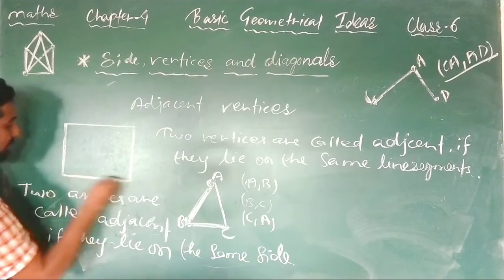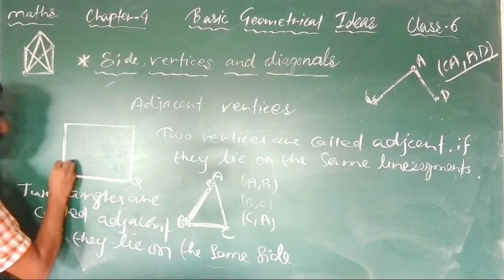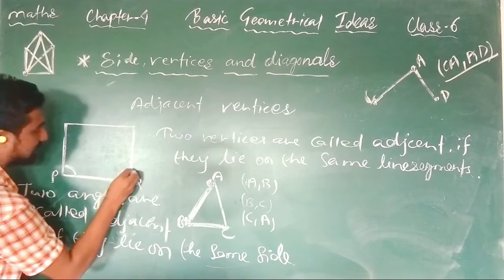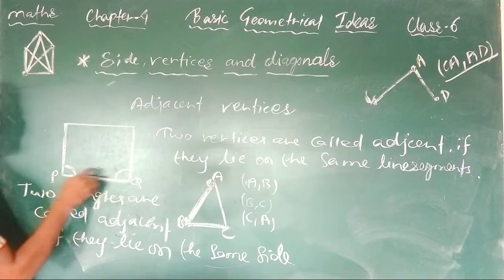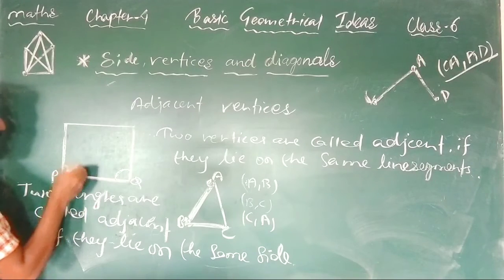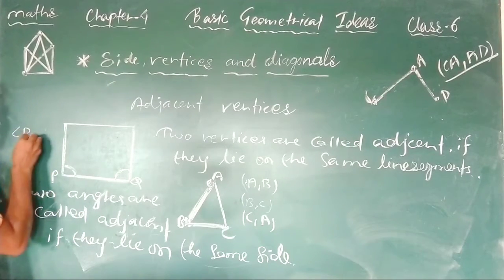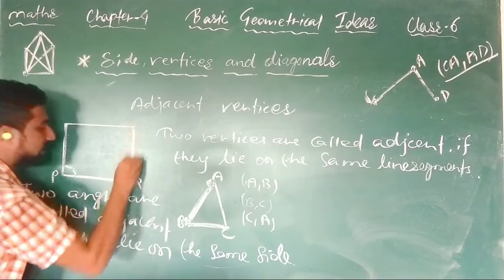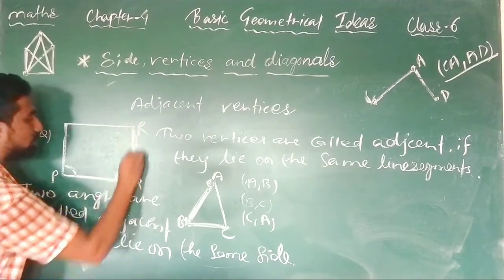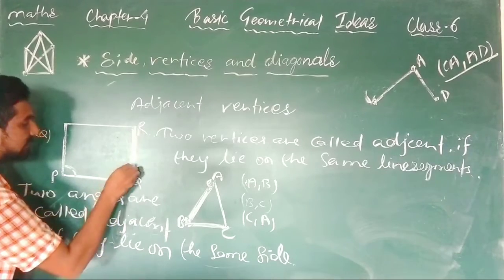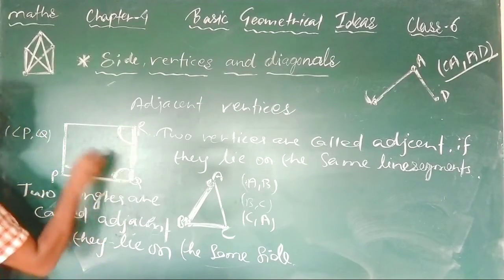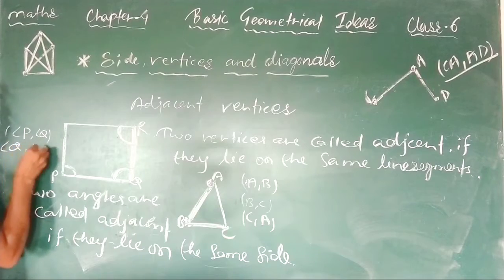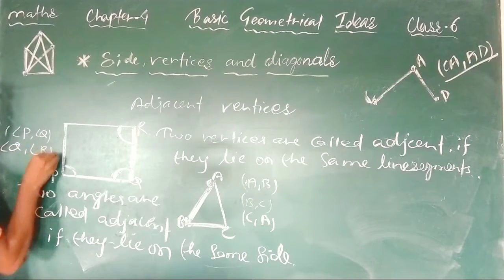You see this is a side, suppose this is P and Q. One angle is lying here and one angle is lying here. So these two angles are called what? Suppose I take the names angle P and angle Q. These two are called adjacent because they are on the same line, you can see. On this QR you see there are two angles. One of the angles is this and another angle is this. So angle Q and angle R will also be called what?